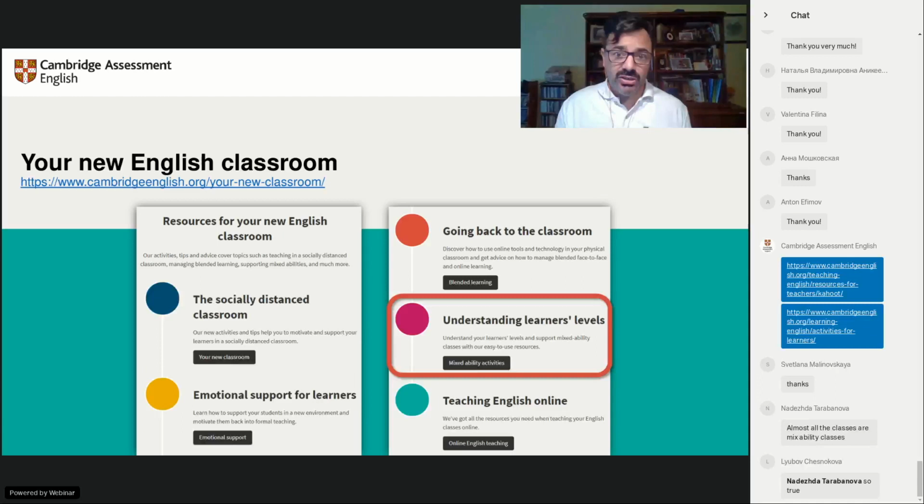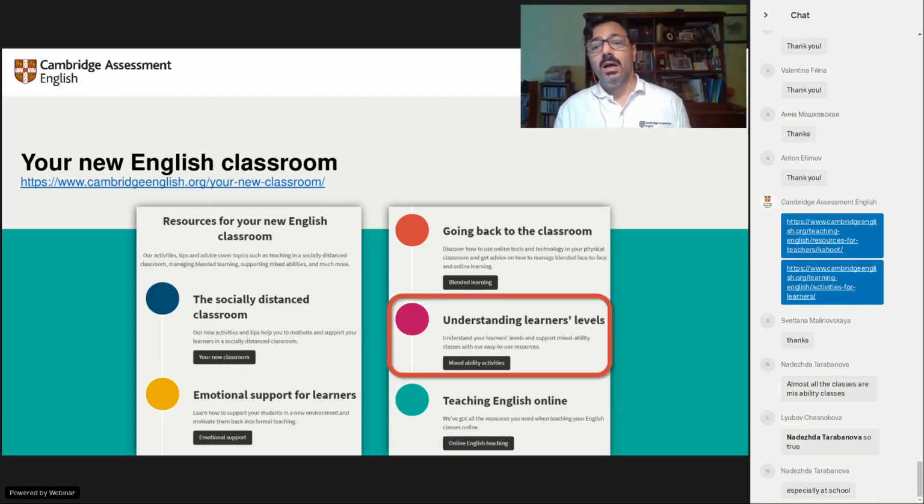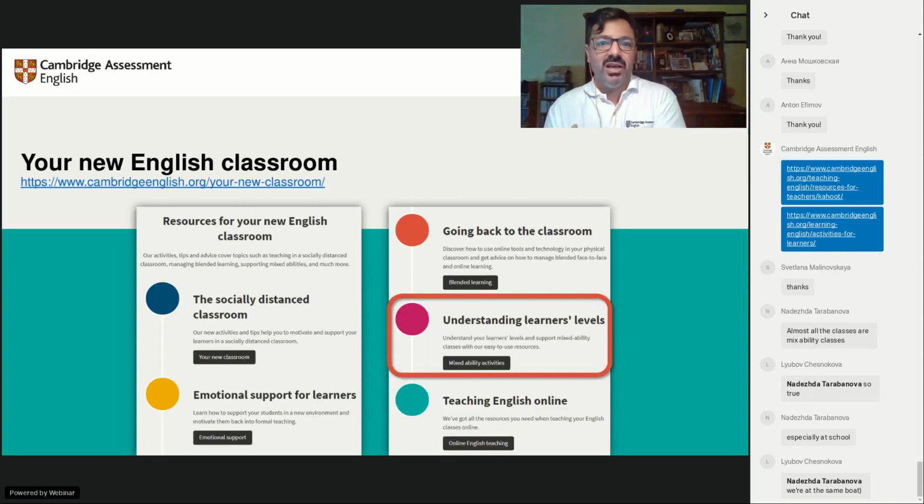The additional challenge as we go back to teaching is that, yes, absolutely, Nadezhda, all classes are mixed ability classes. There is no such thing as a class. It's people who learn together, and they learn a lot from each other. And learning in a group definitely has lots of advantages over learning things individually, especially in language. But